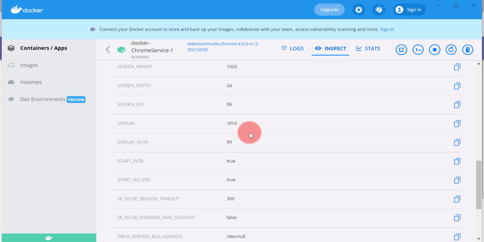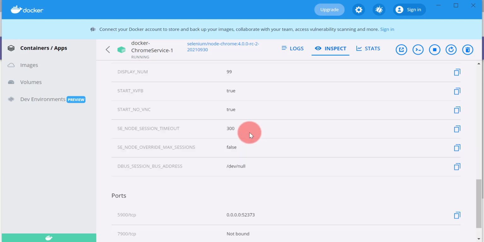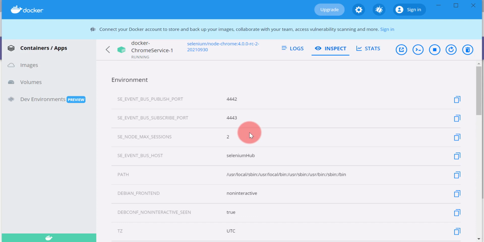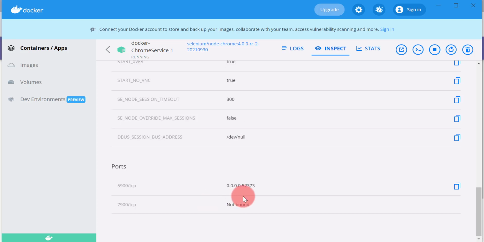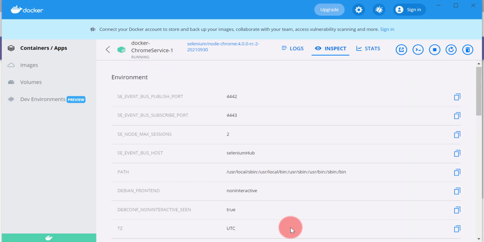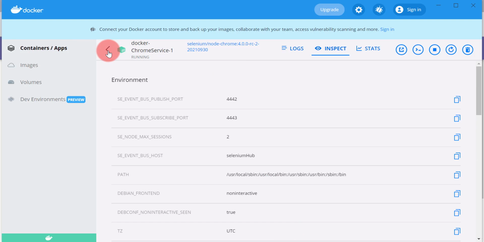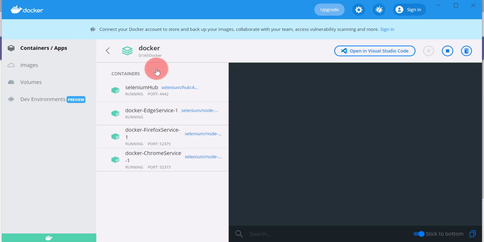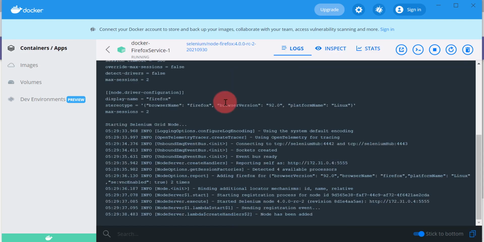All these values you will be able to see in the Docker Desktop application. There is some issue, it is not showing the value for this, but still we will be able to access it, no problem. You can see inspect and logs for every service from this application.